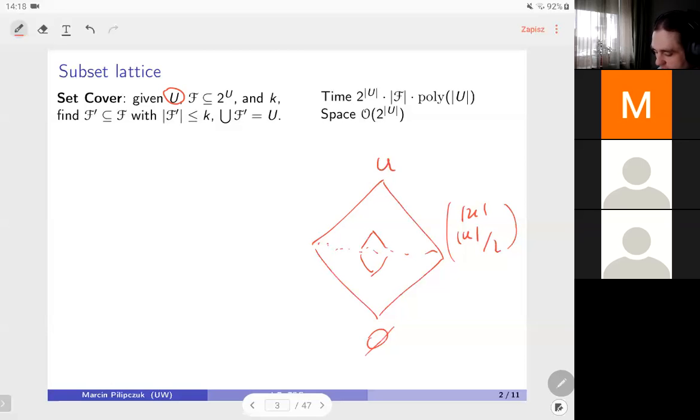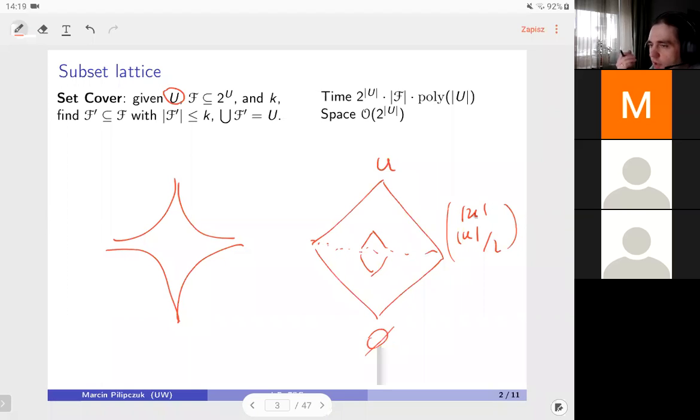You can draw this subset lattice like this, and this diamond should really look like this, because there's a lot of sets in the middle. There are a lot of them there, and there are very few sets of size much different than half of the size of the universe. Okay, so this is our subset lattice, and the structure of being a subset is something on which